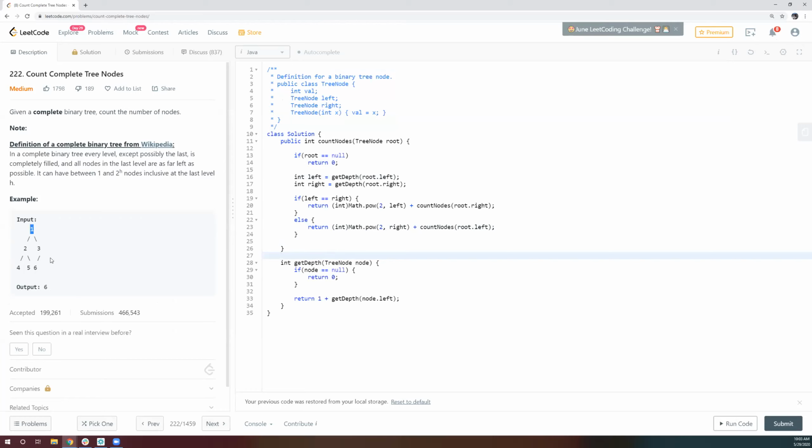I think we should go towards this solution only if the interviewer is really asking, can you do better? Otherwise, the first solution should be to just count the nodes.